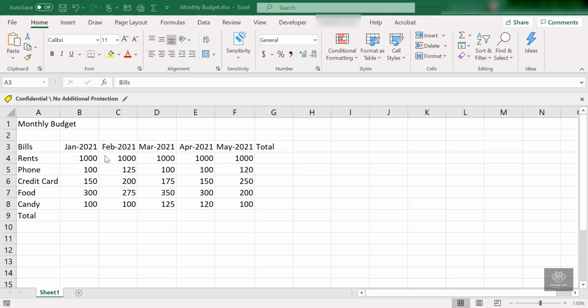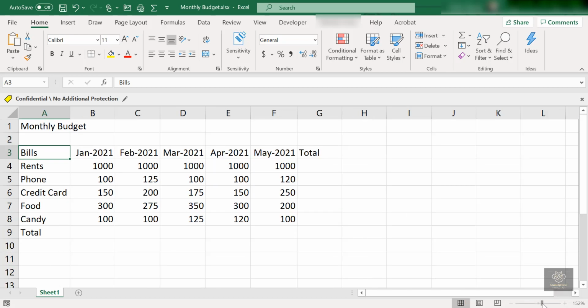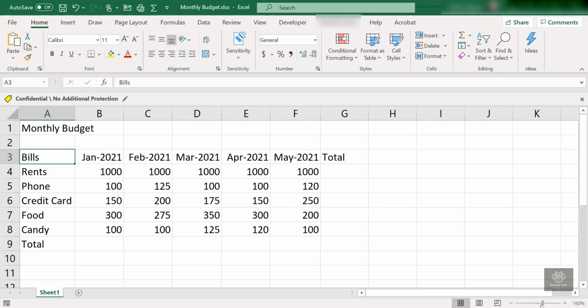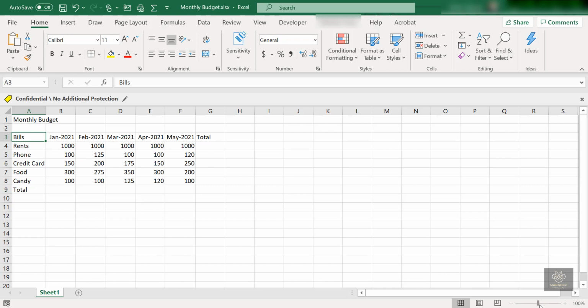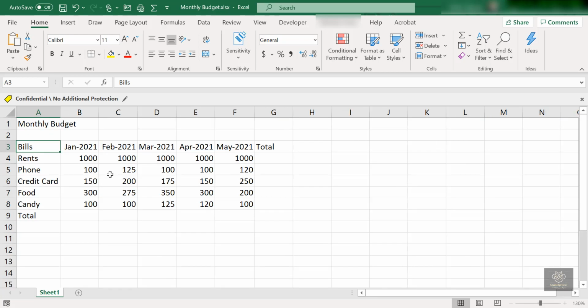I love that one. You can also use the zoom scroll bar at the bottom right corner of your Excel interface. I can zoom in, zoom out. This works perfectly fine, but I still like using the middle mouse wheel and the Control key. So I will just zoom in here.